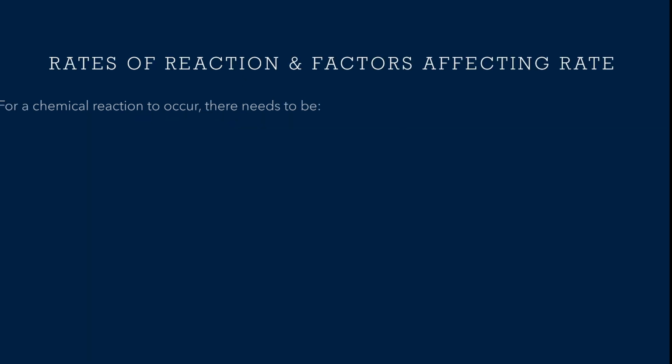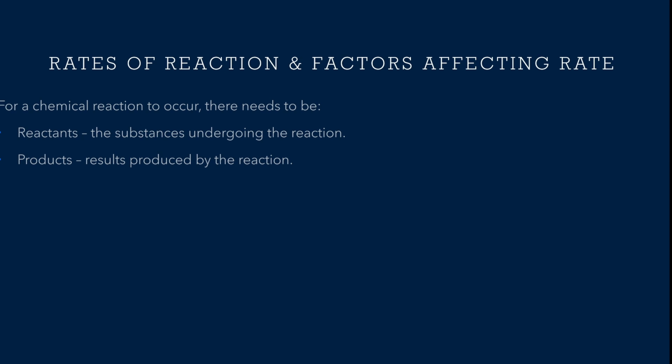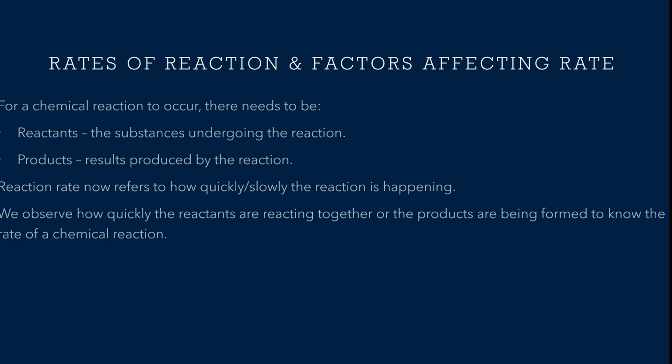For a chemical reaction to occur, we need to have first reactants. Those are your substances that are undergoing the reaction. And next, we need to have the products. Those are the results of your reaction, obviously. And now, reaction rate refers to how quickly or slowly the reaction is happening. We observe how quickly the reactants are reacting together or the products are being formed to know the exact rate